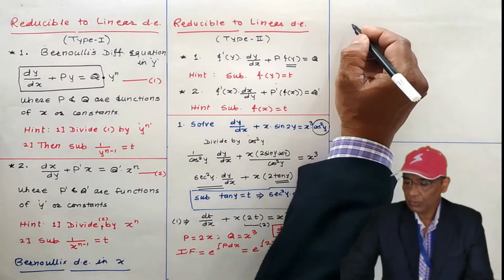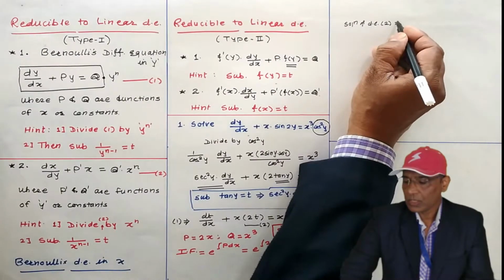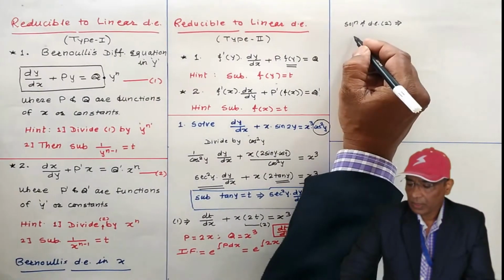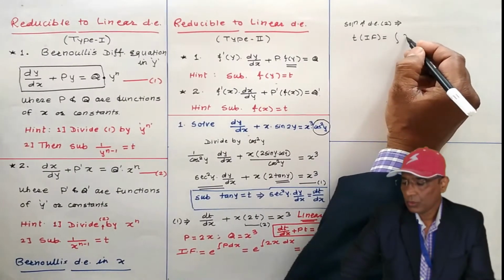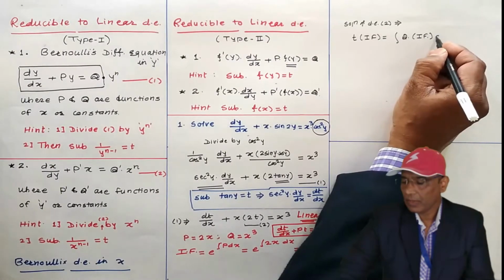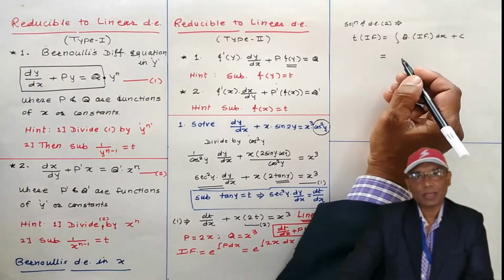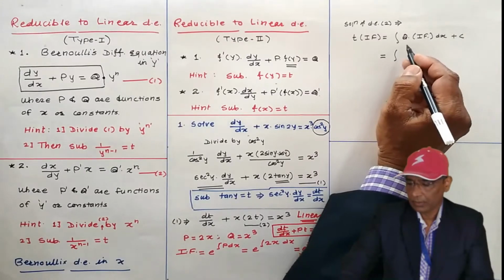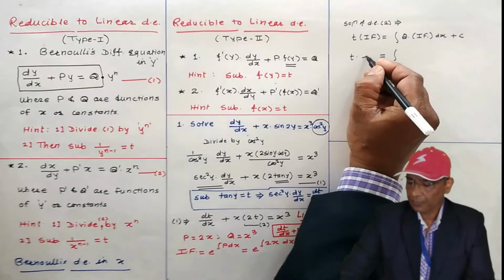Now the solution of differential equation 2. What is the standard format for a linear differential equation? This is a linear differential equation in t. Remember, t multiplied by the integrating factor is equal to the integration of q, the right hand side of the linear differential equation, multiplied by the integrating factor, and we have to carry out derivative and integration with respect to x. The c is a constant. You can write down c in the last step also. What is the integrating factor? e to the power x square.